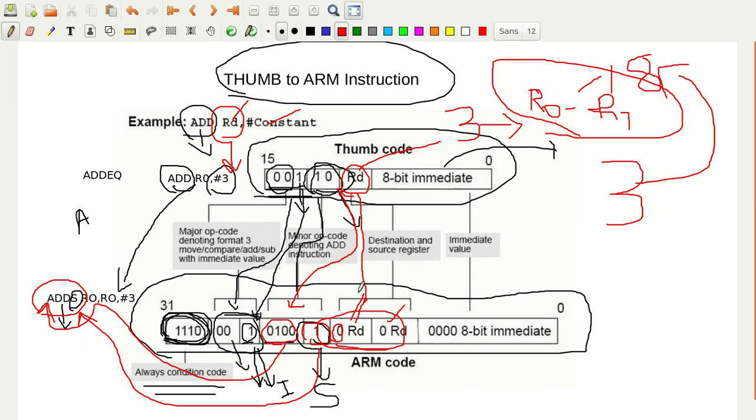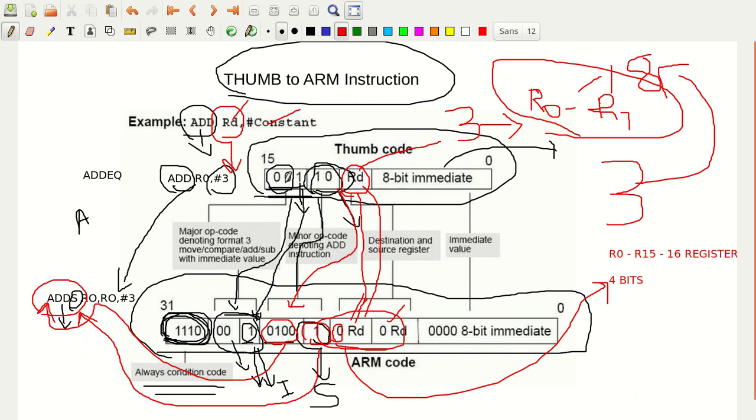Whereas with respect to the ARM instruction set, you can use R0 to R15, so a total of 16 registers. When you can use 16 registers, you have to understand how many bits are required to encode in the ARM instruction set format: 4 bits. That is what has been written here. So RD comes here, then 0 is appended here, so that this becomes 4 bits. Similarly, this is the same as this one.